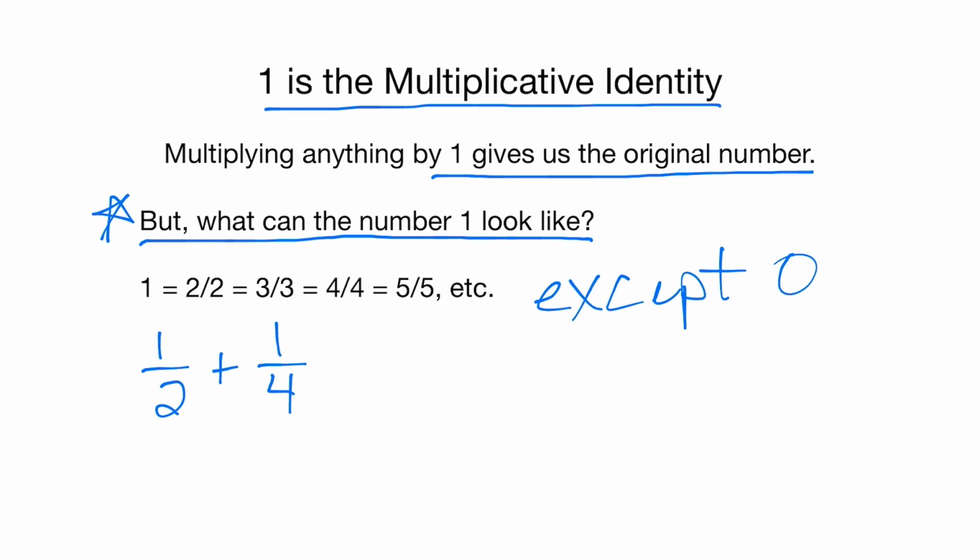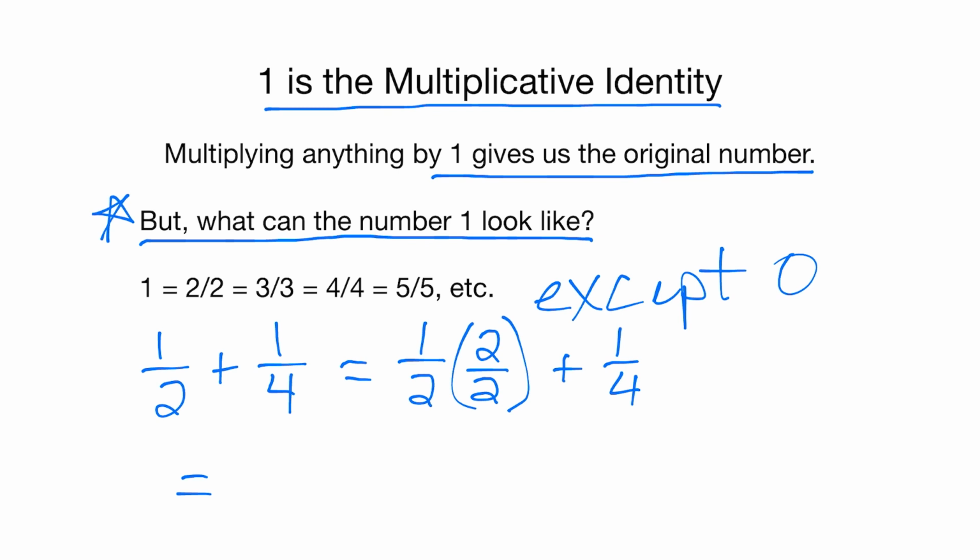Let's do this by noticing 2 times 2 is 4. So we can take that first fraction, 1/2, multiply it by 2 over 2, and then, of course, keep the add 1/4. Okay, we're multiplying the first fraction by 1. In this case, it looks like 2 over 2. So now we have